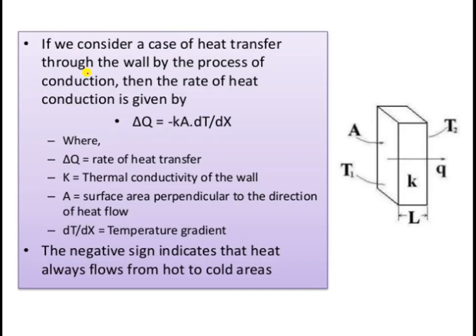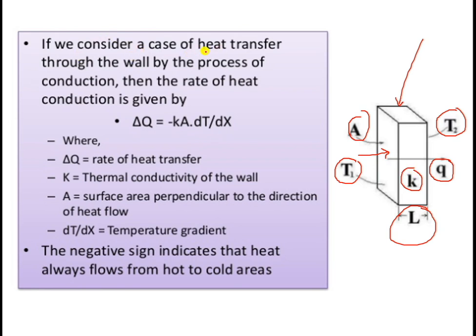It can be shown this way: if this is a wall, and the temperature at one side of the wall is T1, and at the other side of the wall is T2. A is the area through which that temperature is available, so that we can calculate the heat flow. L is the length, or width, of that wall, and K is the thermal conductivity. So if we consider the case of heat transfer through the wall by the process of conduction, then the